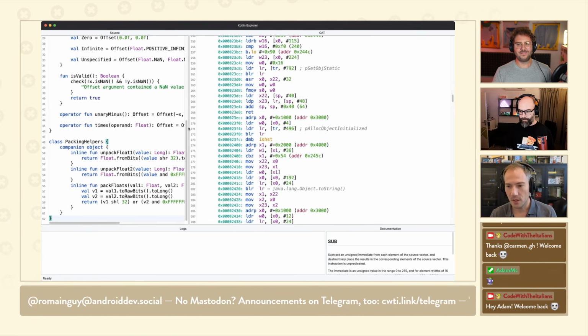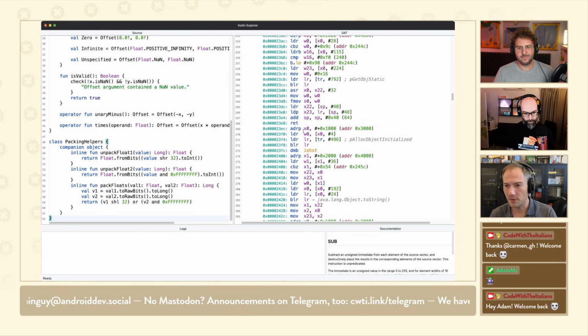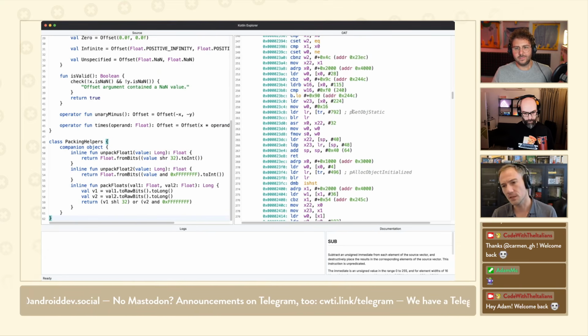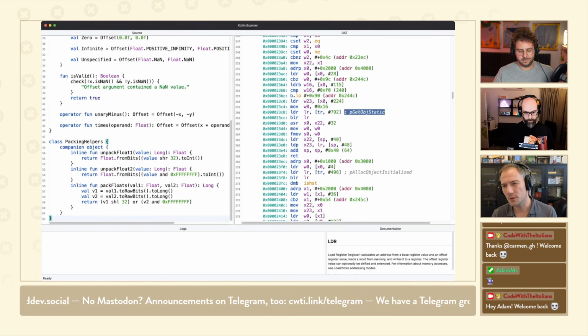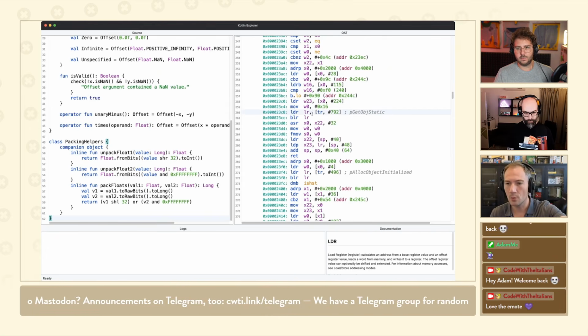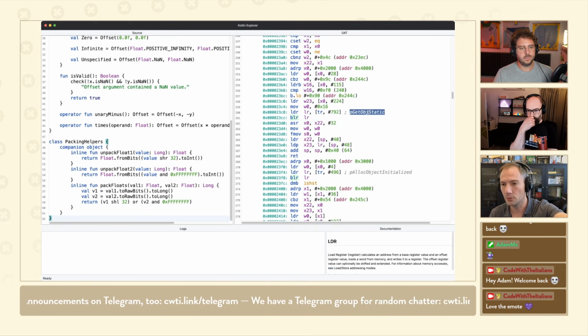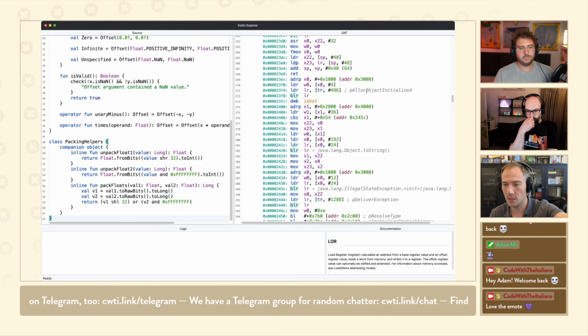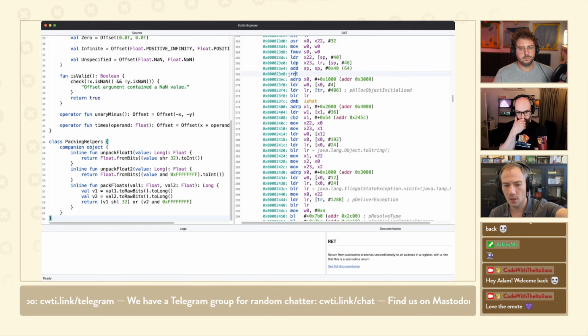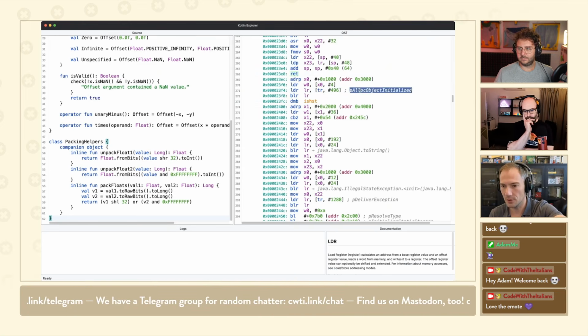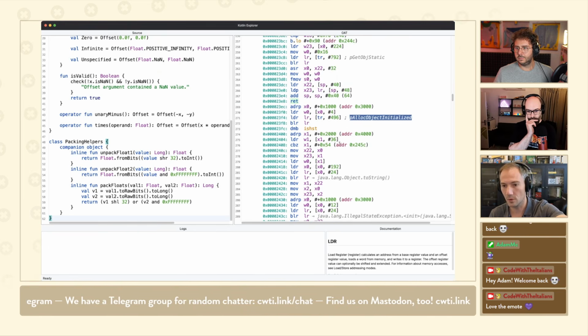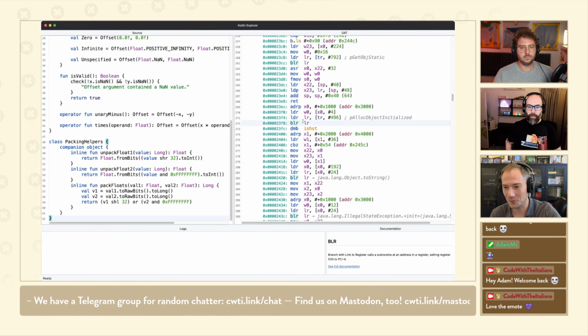And so when we go back to the ARM assembly code, it's all that stuff. And you can see some hints, right? It says here pGetObjectStatic. All those p labels are features internal to ART. So this is saying we're going to call into ART. There's some kind of runtime method that we're invoking to get the static object at a certain address. And here, allocObjectInitialized, we're basically jumping to the piece of code that says, hey, make sure that the static is initialized, right? Something that, again, we don't care about because we have nothing to initialize.